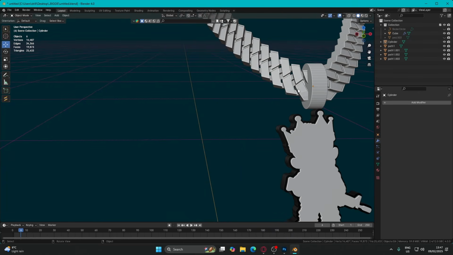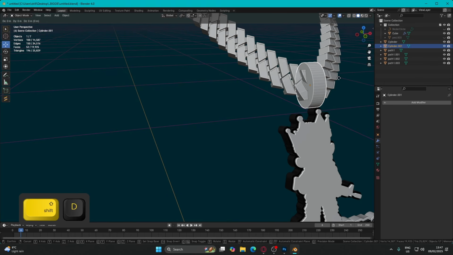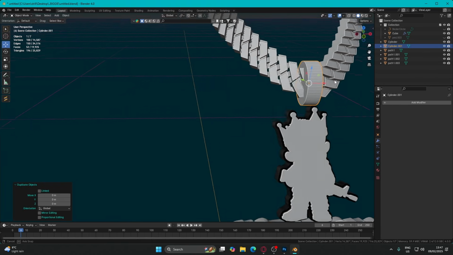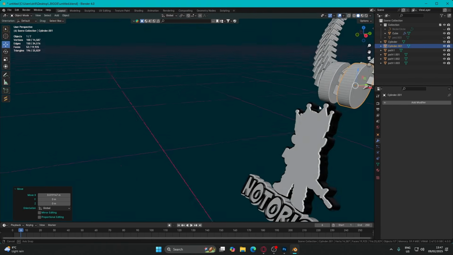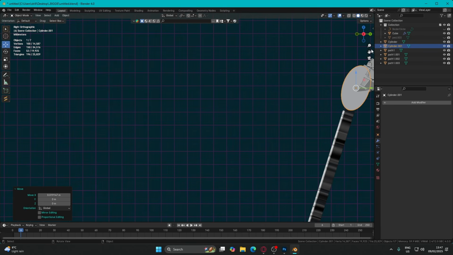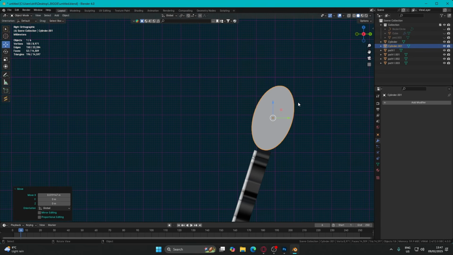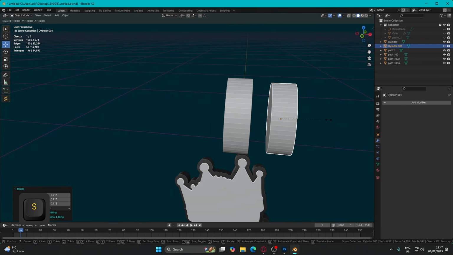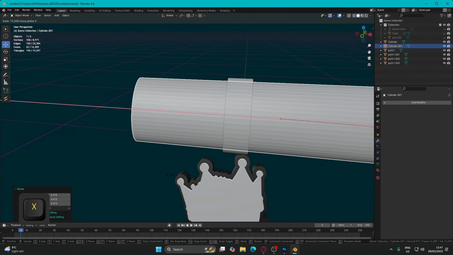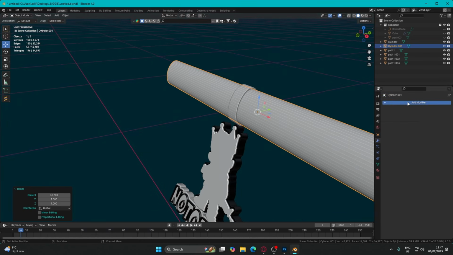So to duplicate something, you hit Shift and D, and we're basically just going to move that to the side on the X axis, and then we're going to look at it from the X side, and then we're just going to scale it ever so slightly. That's just going to give us a vision of basically how big the hole will be in the middle. Going to hide the chain. So I can see that's pretty good. So I'm just basically now going to extrude this all the way along the X axis so it goes straight through the middle nicely. And then of course we're going to make a boolean,